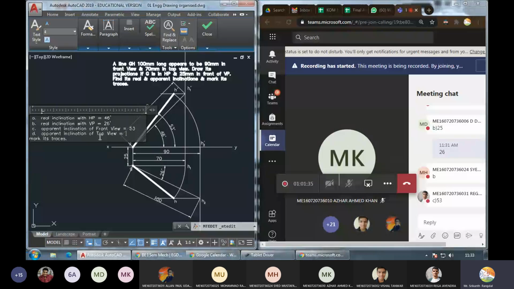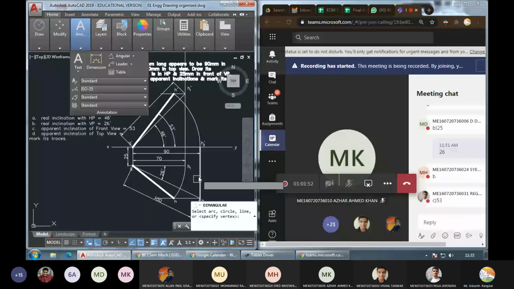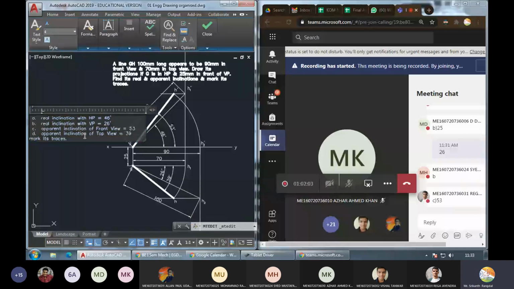So why I'm telling that is that many a times the question itself will have a clue about the right answer. Question itself has a clue about the right answer. So you must be able to identify that. So 39 degrees. What is this 39 degrees? Of course, it is the only option left. 39. Okay.